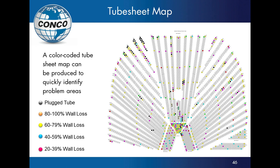So how much do you test? Initially you test 100% so you have a baseline, and then maybe you only start doing 10% per year. And you will do that throughout the condenser randomly so that you have an indication of what's going on within your condenser. But as the condenser ages, and as you begin to get this report back, you can see